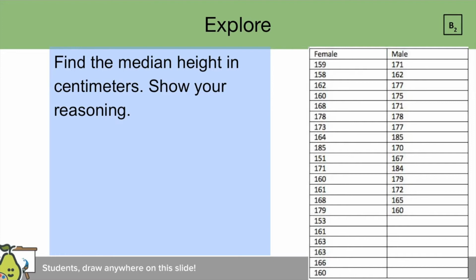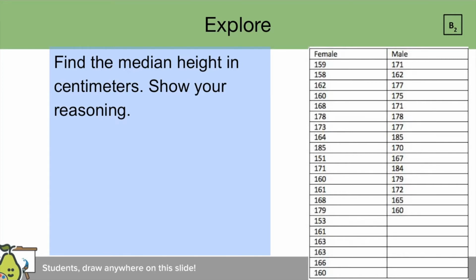For slide B2, students are asked to find the median height in centimeters and to show their reasoning. To support students with disabilities on this slide, you can provide them with a list of the data points in order. So it would be 151, 153, 158, 159, 160, 160, 160, 160, 161, 161, 162, 162, 163, 163, 164, 165, 166, 167, 168, 168, 170, 171, 171, 171, 172, 173, 175, 177, 177, 178, 178, 179, 179, 184, 185,